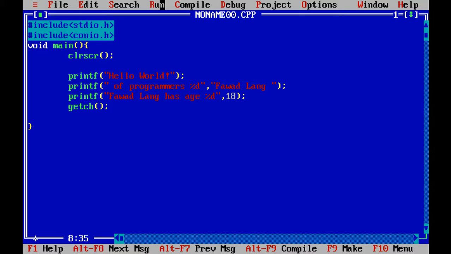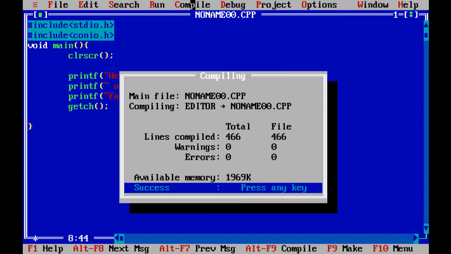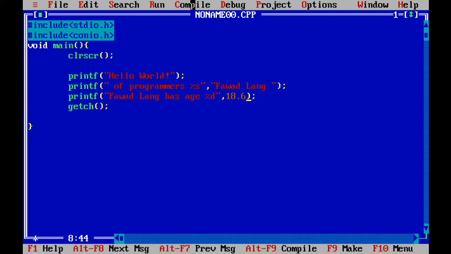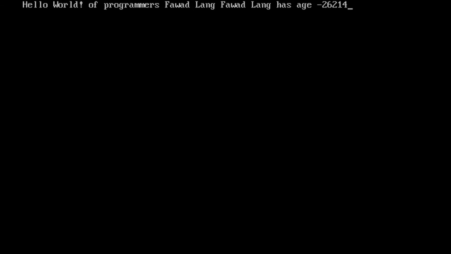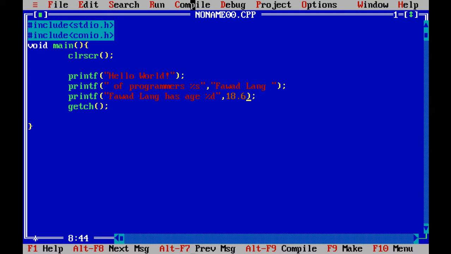Percentage d means that an integer value should be printed, and we have given it an integer value. In case we give it a float value, for instance 18.6, and compile it, it compiles successfully, and if we run it, we see a garbage value printed, minus 26214, which is nowhere declared in our program.